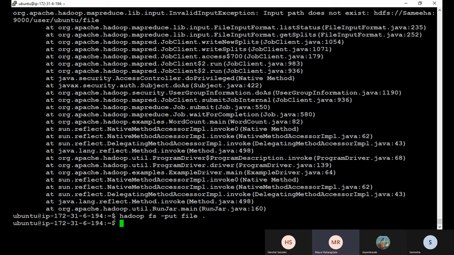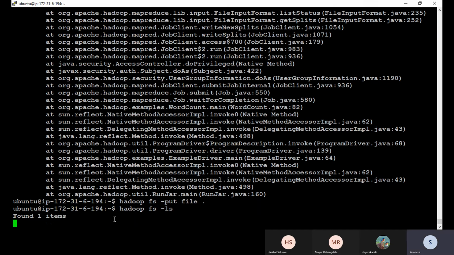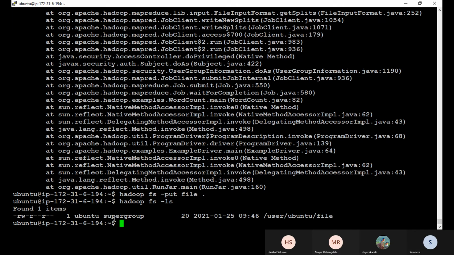Hadoop fs -ls. Try that to see if it is there. Right, yes, the file is there. We have it. Try now.